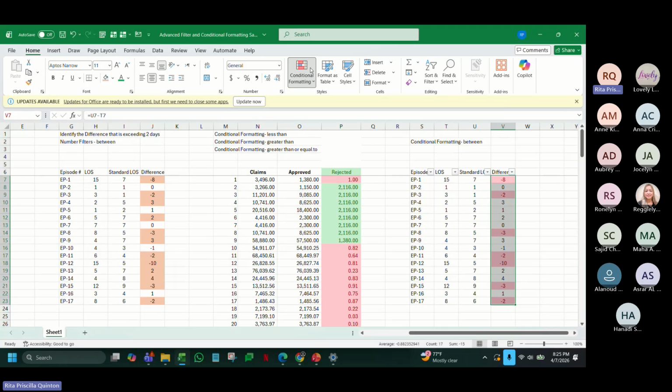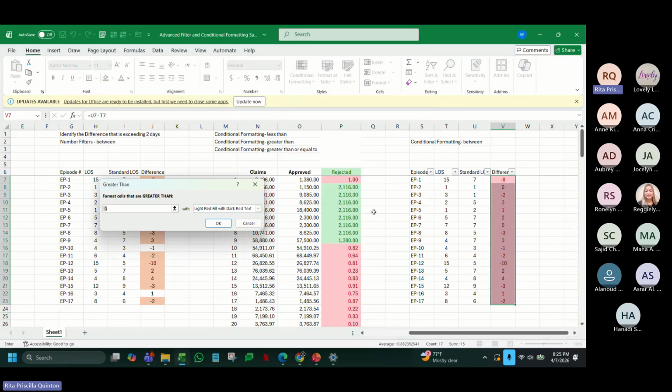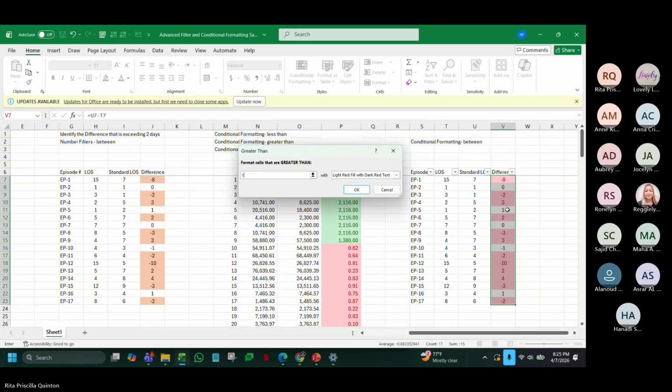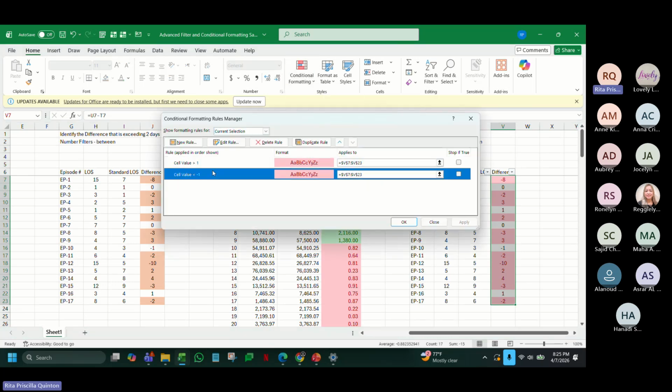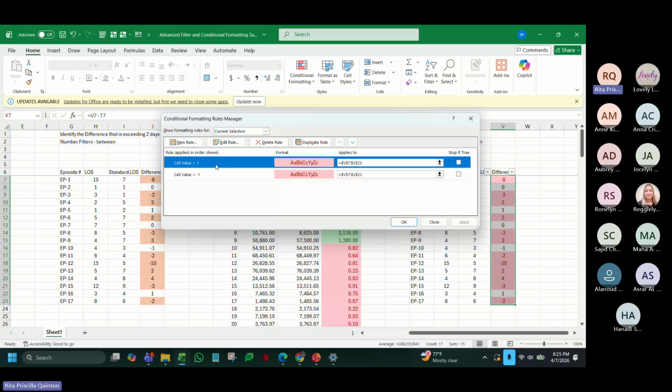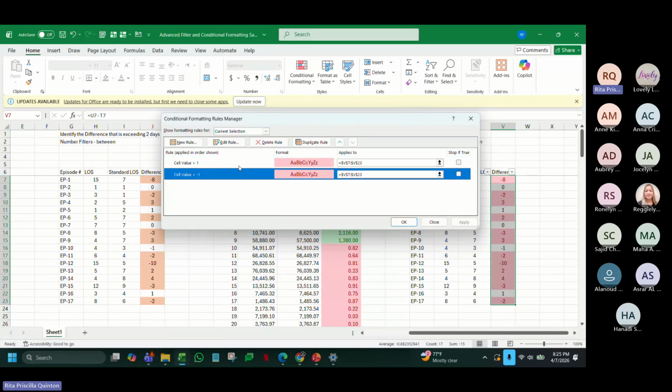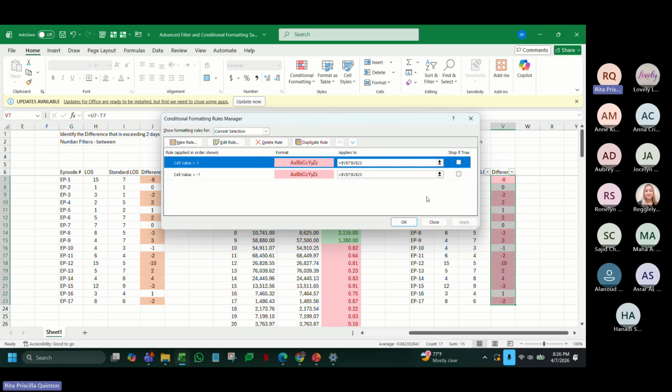And then also, I will try another rule, greater than 1. Okay, so now it's the same output. Because for conditional formatting, when you go to manage rules, they stay together, so it does not overwrite one rule. I am always doing the between, but now I just tried this for simplification of the conditional formatting.